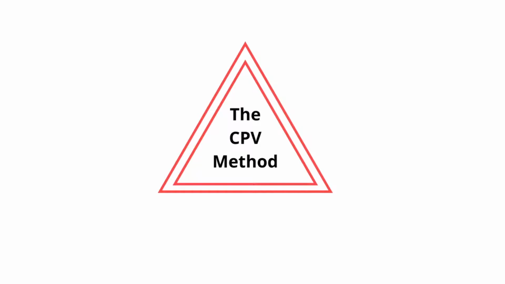Now, the CPV method itself can look like a bit of a triad, and if it helps, draw that out so you can see this at all times. We're going to break down the C, the P, and the V, and give you a really clear definition of what this actually looks like, so that you understand where we're coming from when it comes to implementing this in your entertainment business.